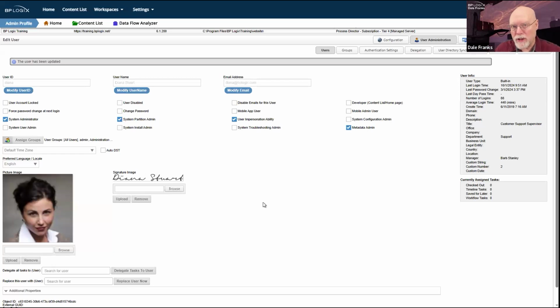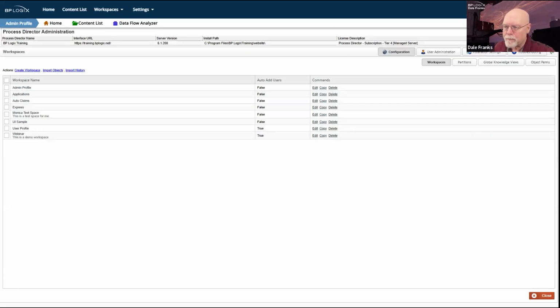All of those different levels of access to go in and make changes to the system are granted on a per user basis in their user account profile. So once you are a system administrator and you have access to the entire panoply of sections in system admin, then you can begin going through and making your administrative changes as desired. So now that we've done that, we can go home.